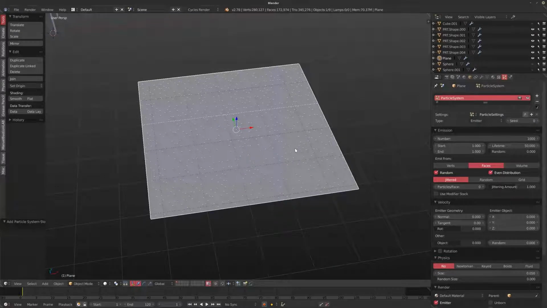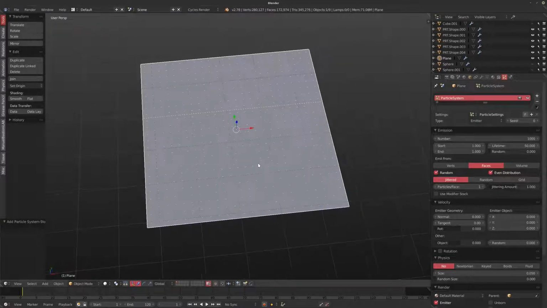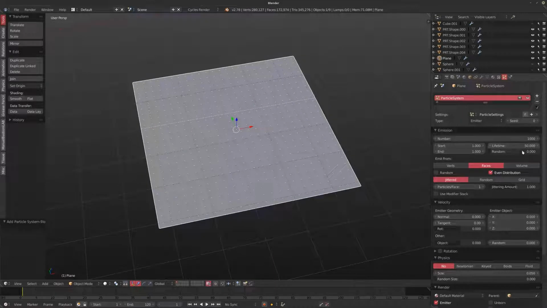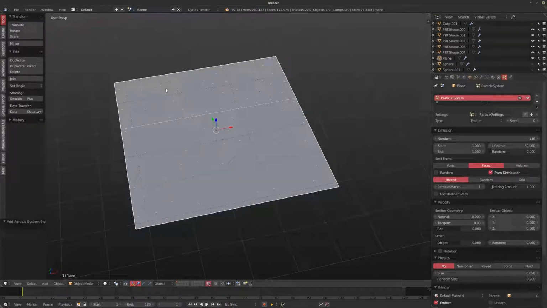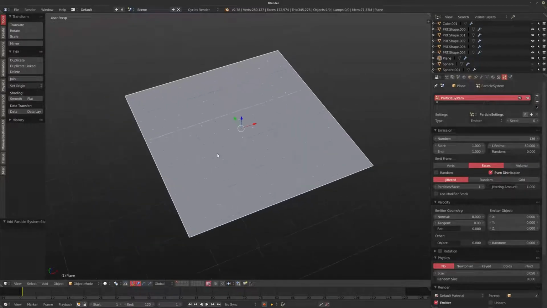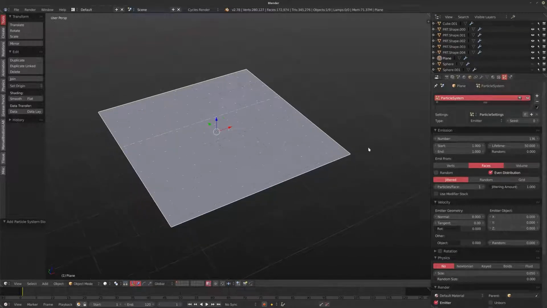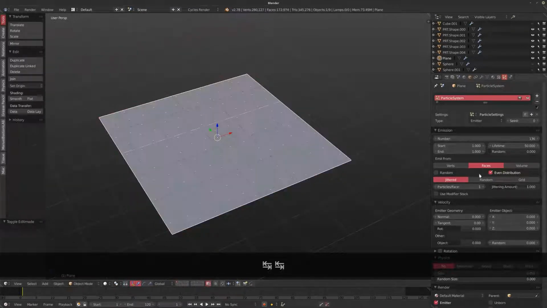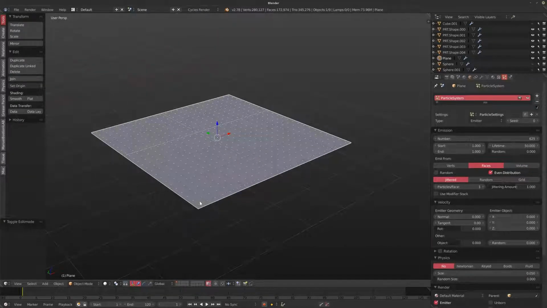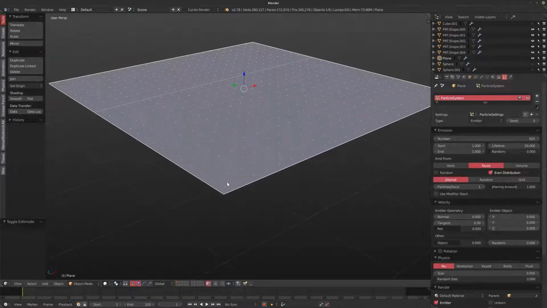So you can see we have about 1,000 here. I can set this to be 1 particle per face, and if I turn off random, then once I start turning this down, you'll see it builds up the particle system depending on the numbered order of the polygons within the object itself. Now, it's not really that important, but the important thing to know about this, if you turn off random, you can just look at the amount of verts in here and dial in the same amount of particles, and you will have sort of a 1-to-1 particle on on each individual face of that object.